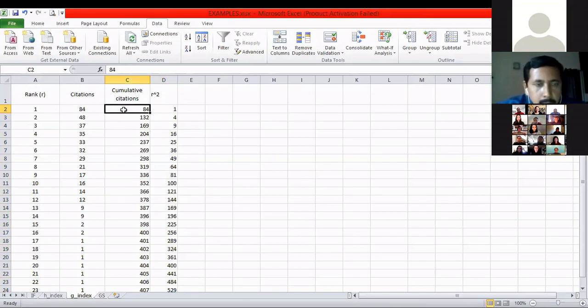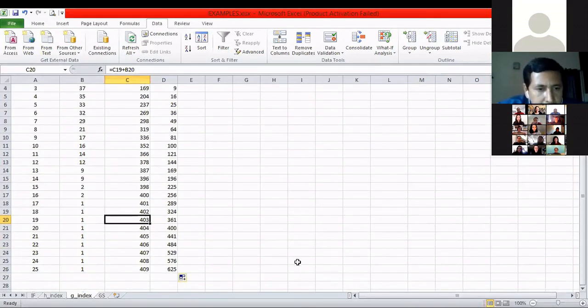Okay, so let's go on doing it until the square is higher than the cumulative citations. I come to this point. 396, okay, is higher. Fine. 196 I have got here. 398, 225. 400, 256. 401, 289.